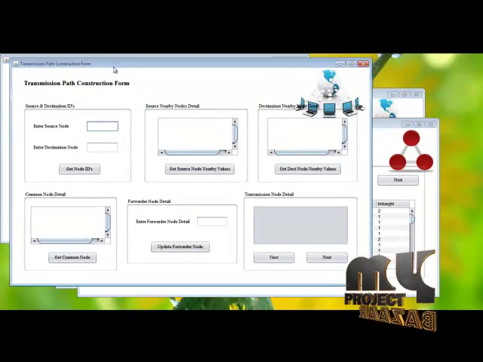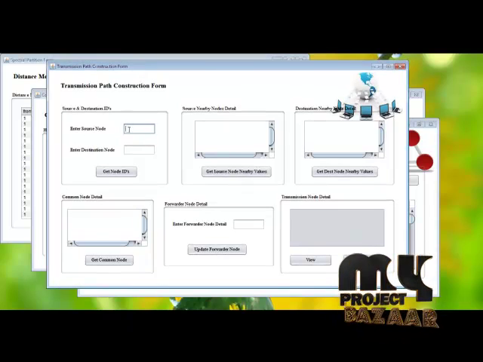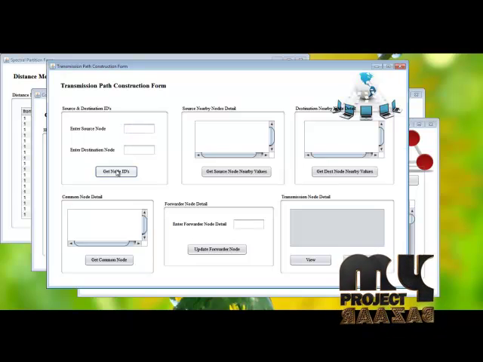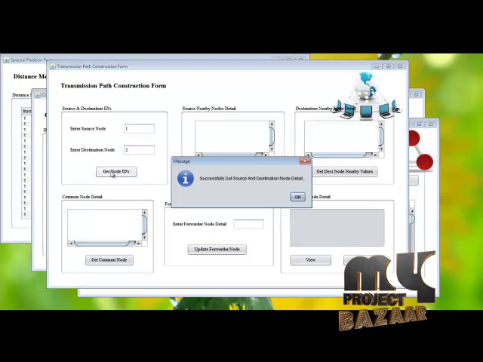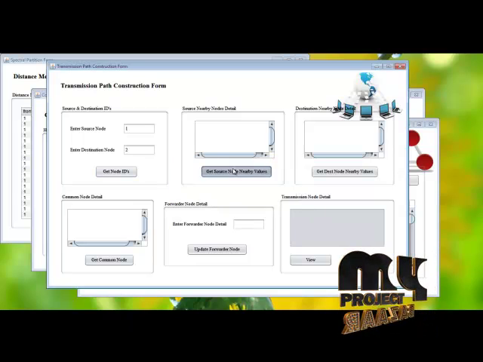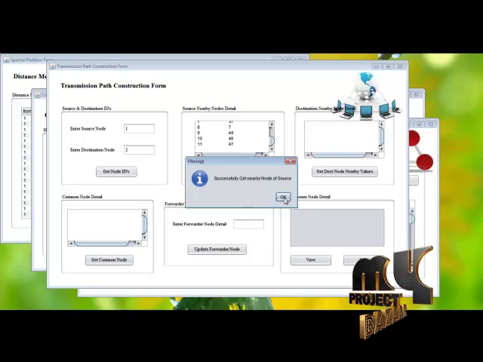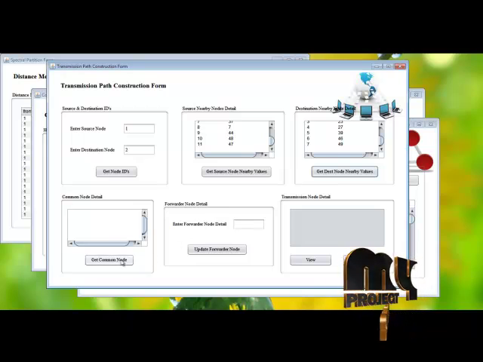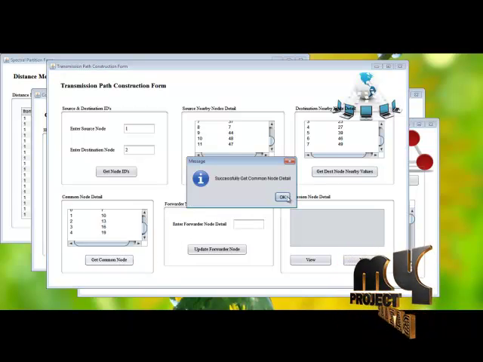Next. So here we are going to check whether the network is reconstructed or not. So enter the source node, enter the destination node, successfully get the source node and destination node, get the nearby nodes to the source and destination node, get the common node, that is which is present in between these two nodes,